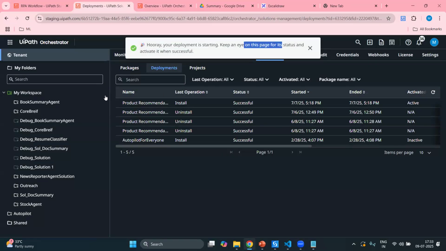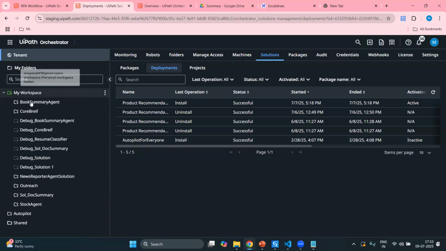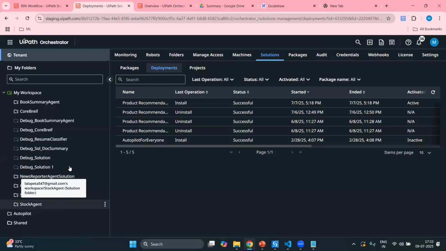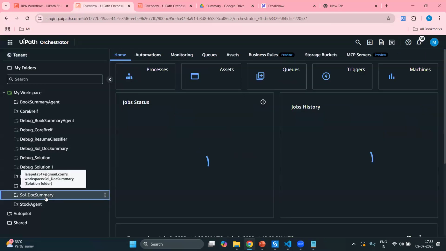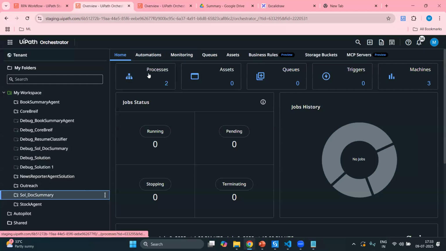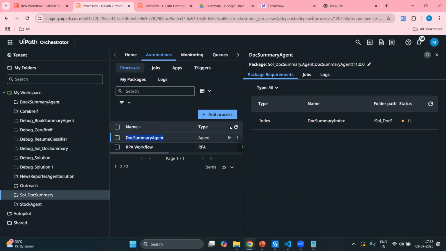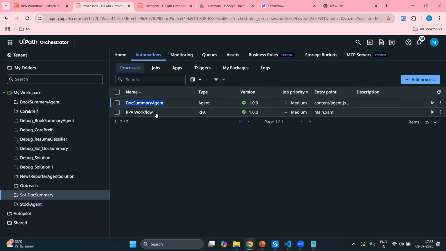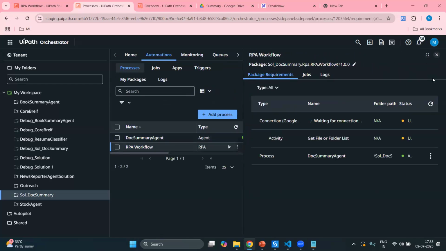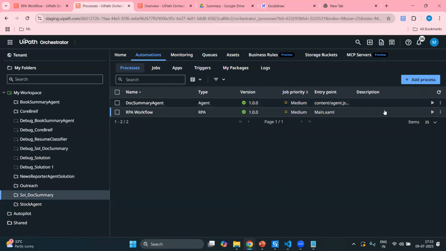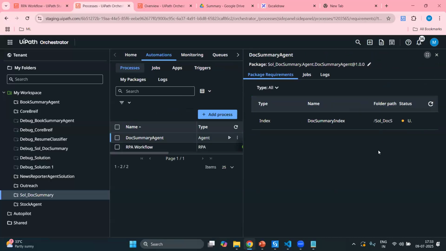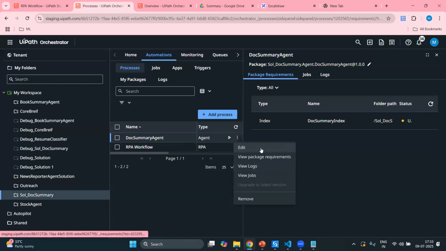Deployment is starting, and you can activate when it is ready. This is my newly deployed solution, Doc Summary. You can clearly see in the processes that there are two processes: one is the document summary agent, and the other is the RPA workflow. Sometimes you need to cross-check the elements within these processes. Let's say I click here, it says folder path. If I click on edit,